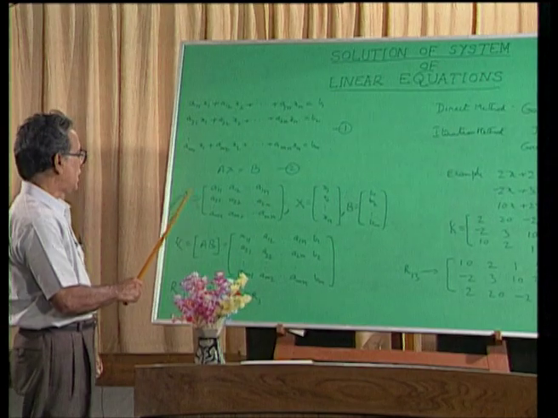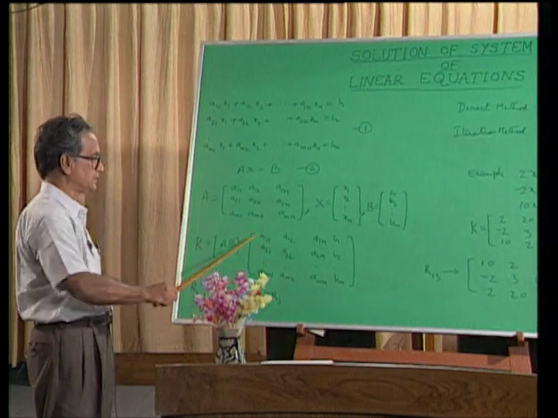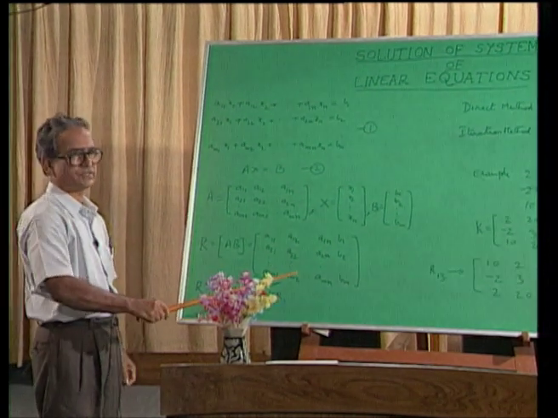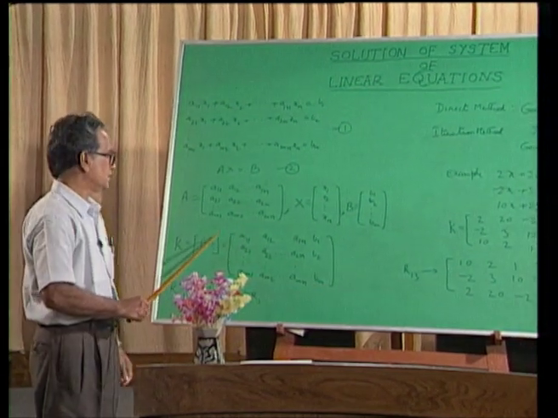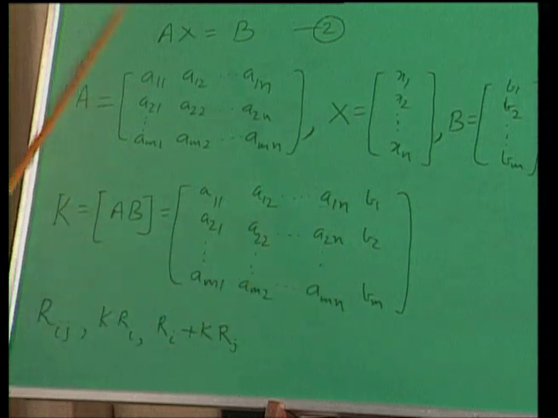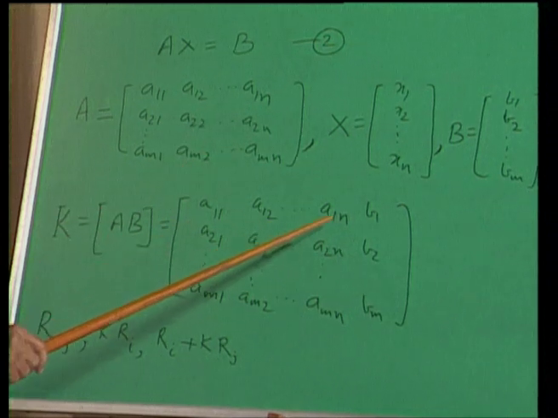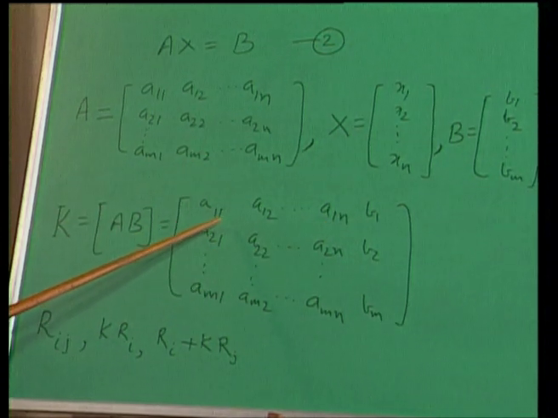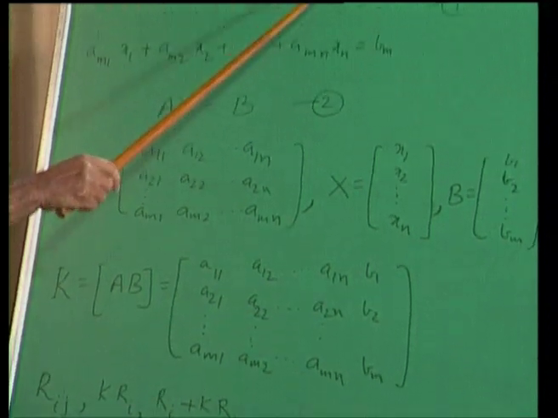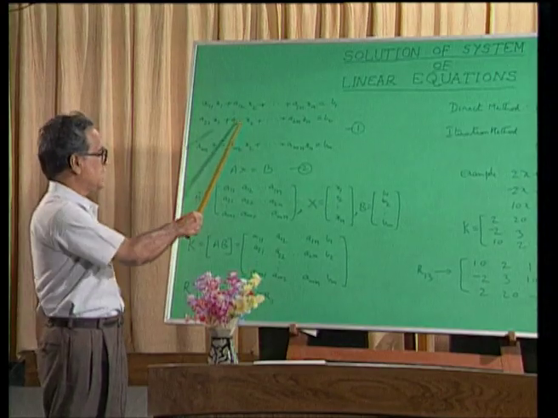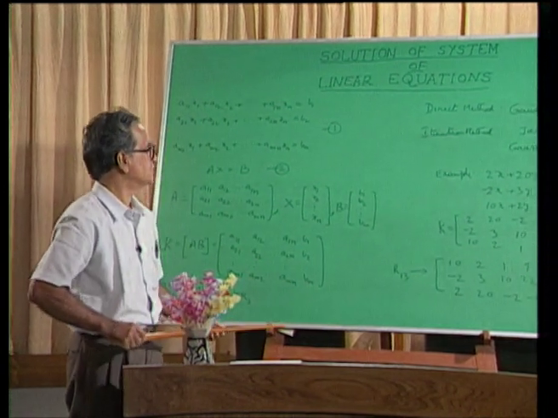Now, if I augment the matrix A by this column vector here, thereby obtaining this matrix, it is called the augmented matrix. We will be dealing with this augmented matrix because the rows of this augmented matrix represent the equations completely. For example, if we consider the first row a11 etc. b1, this represents the equation a11 x1 plus a12 x2 etc. a1n xn is equal to b1, that is the first equation. Similarly, the other rows represent the other equations. This is as far as the augmented matrix is concerned.